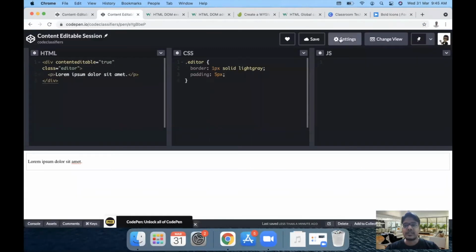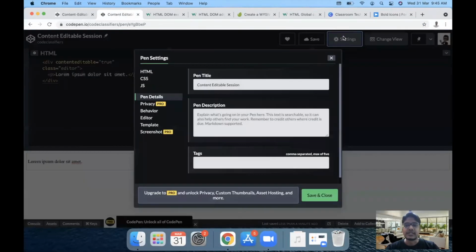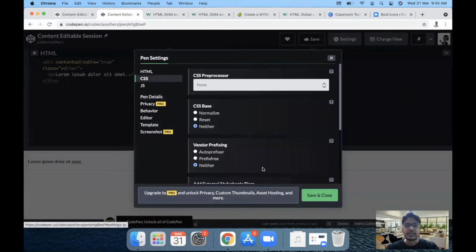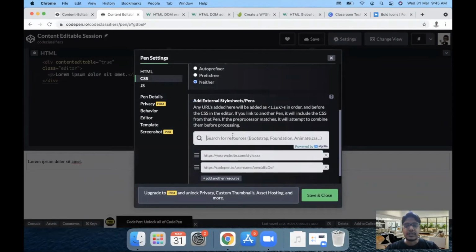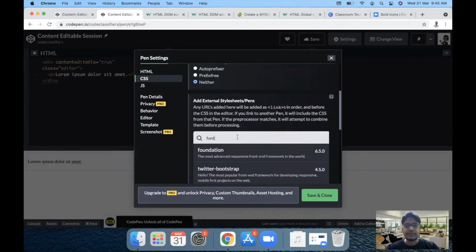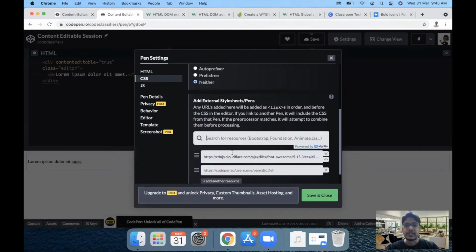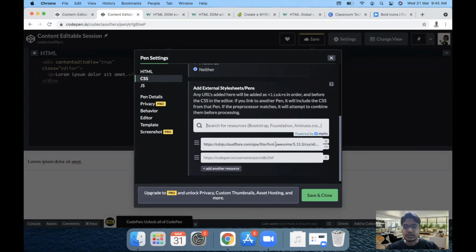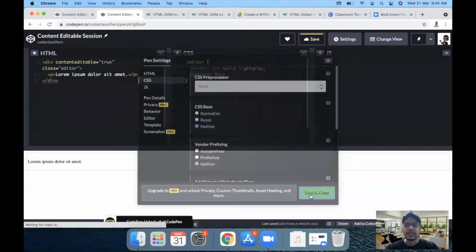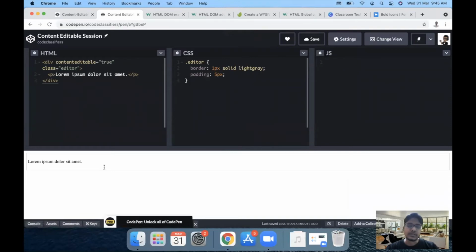So for adding Font Awesome, we need to go into the settings section here and click on CSS. Here below we can search for Font Awesome directly. If we search for Font Awesome, we get a result like this. By this, the Font Awesome library gets included in our CodePen internally.